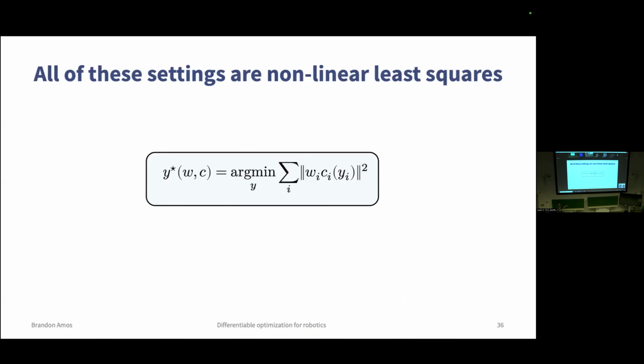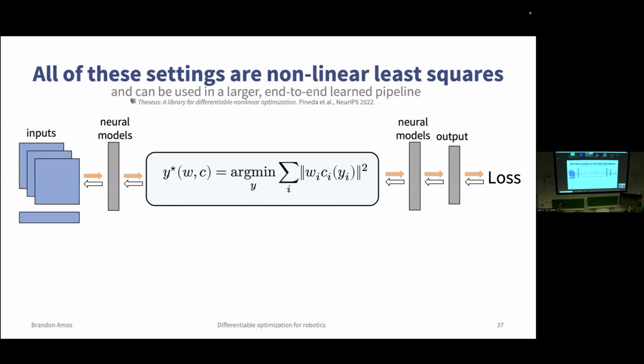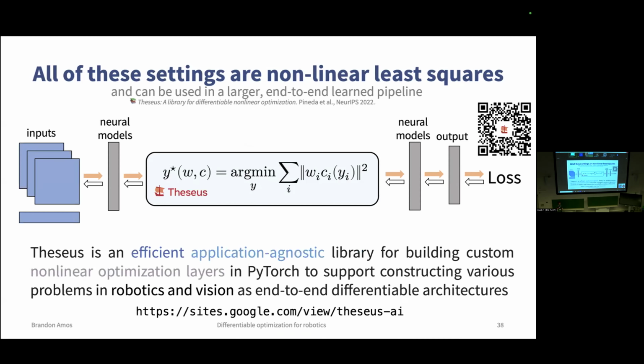Yeah, all of these look like this, where it's roughly the same form as I wrote before: we have some optimization problem that's conditional on the weights and costs of these optimization problems. And the idea is that we can do the same trick with all of these. We can just say, oh, we also care about some end-to-end loss that we can define on the output of these modules and optimize for that. And we've developed this Theseus library, also published at NeurIPS a few years ago, on being able to do this in a pretty nice application agnostic way.